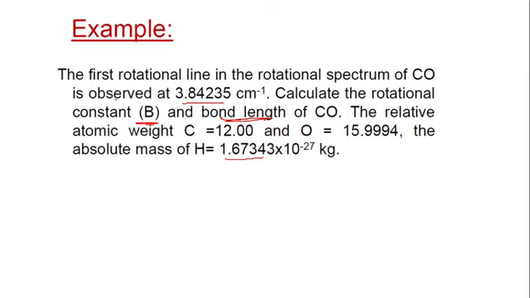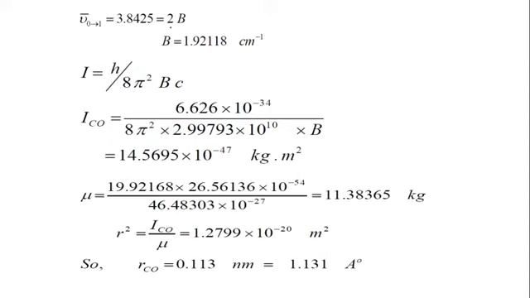Here they give us the first rotational line. First rotational line means the J value from 0 to J equal to 1. This is the first rotational line, and they have the rotational spectrum. We know that from 0 to 1 they have the value 2B. That means they give the value of 2B, which is equal to 3.84235, and from that we can calculate the value of B, which is equal to